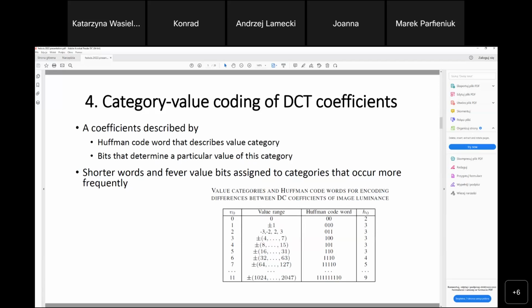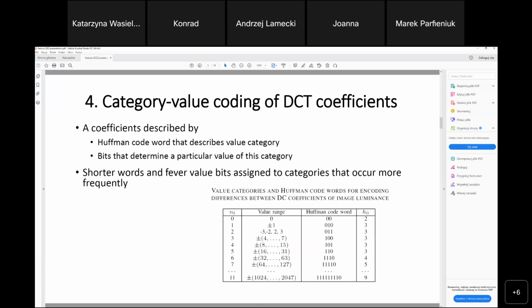For example, in this table, the 00 Huffman codeword describes only one element category, namely zero value,